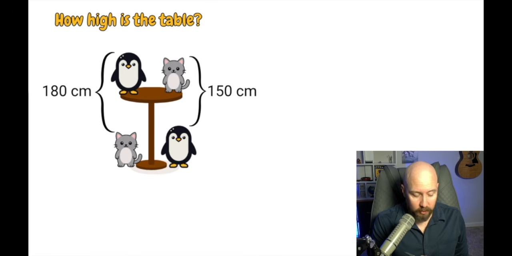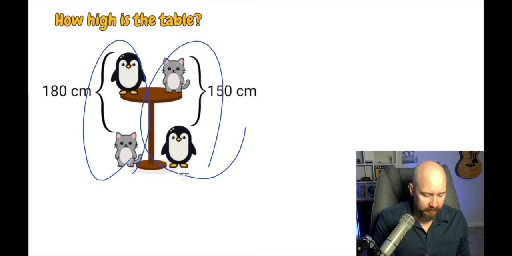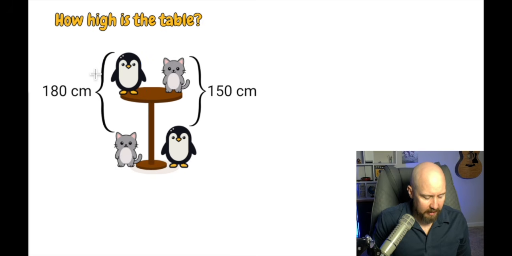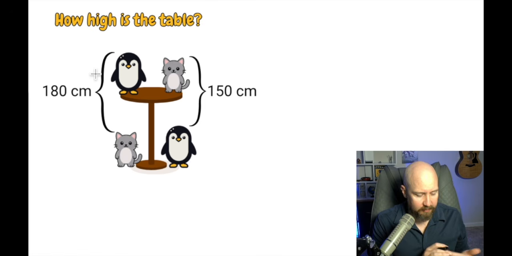We do have two equations because we have this situation going on the left side over here, and then we have this situation on the right side over here, right? And we could think of these as like P, C, and T for penguin, cat, and table. Now, on the left side, what I'm seeing is